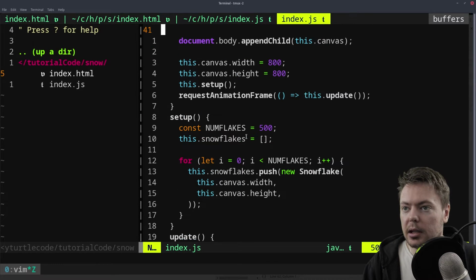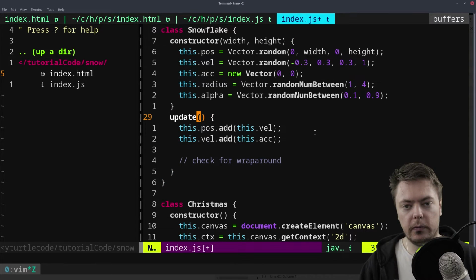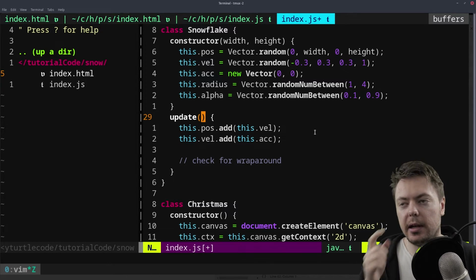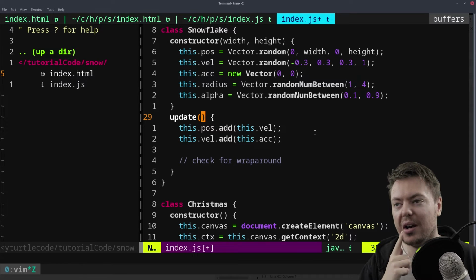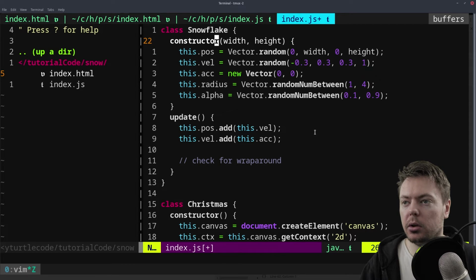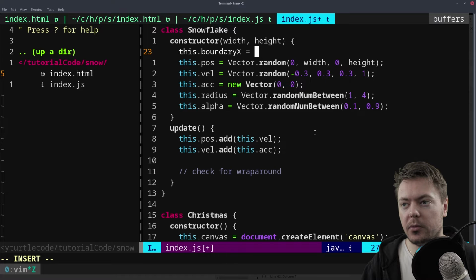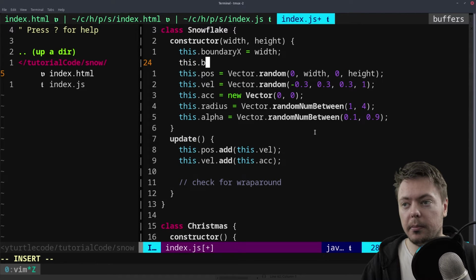So in the update here, for the wraparound we're going to want to know what the boundary is, and the snowflake isn't aware of that. But I suppose we are passing it in here, the width and height. So we can say this.boundaryX equals width, this.boundaryY equals height,